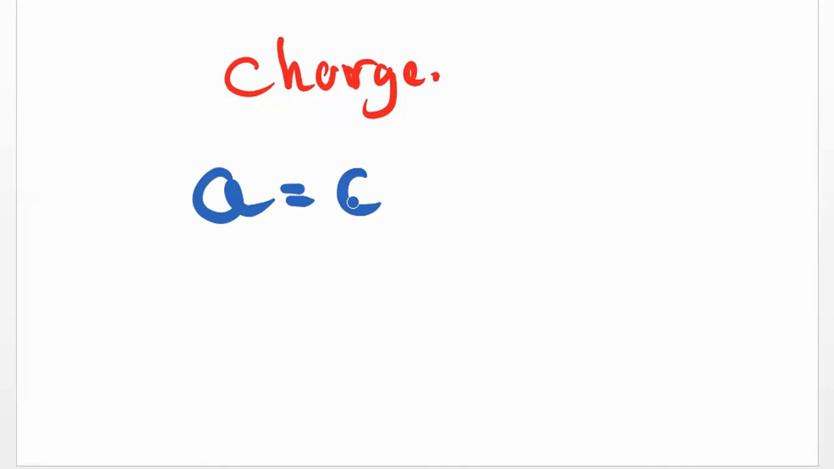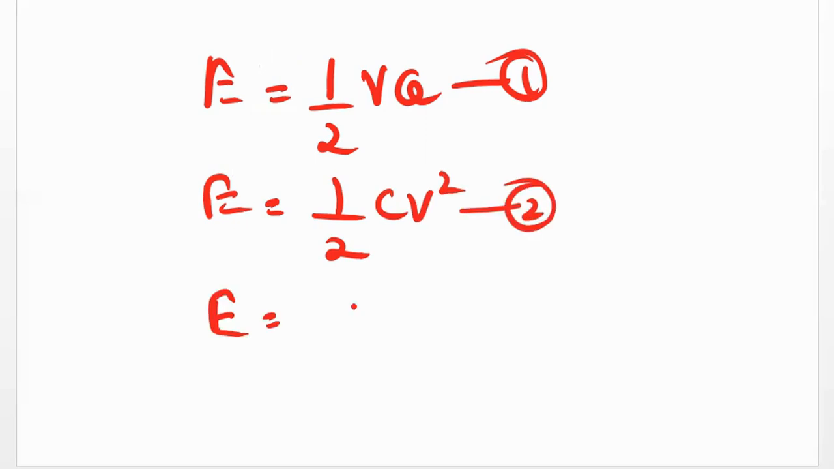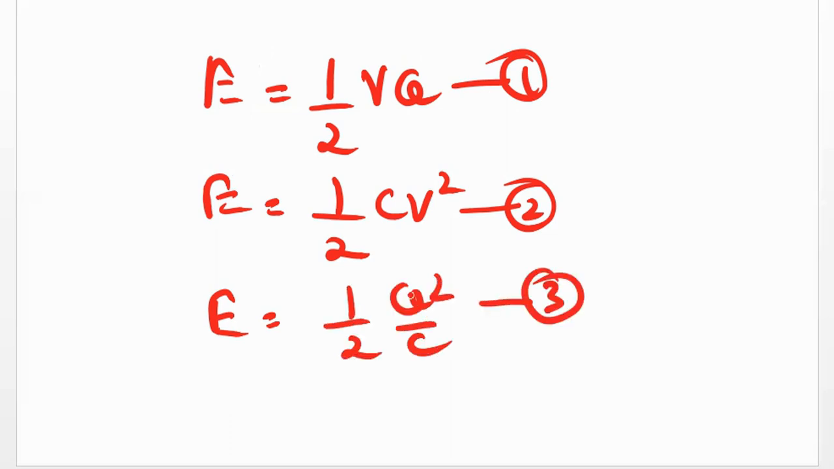Then the charge of the capacitor Q equals CV, and the energy E equals half VQ. First equation, again E equals half CV squared. Second equation, again E equals half Q squared over C. Third equation. Then there's another